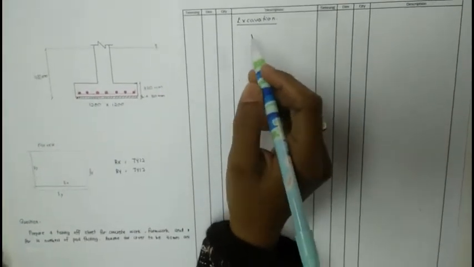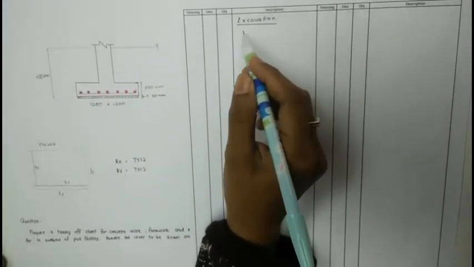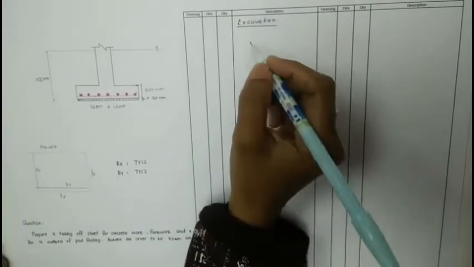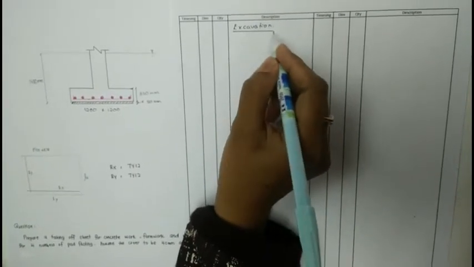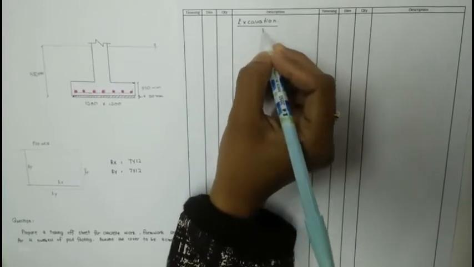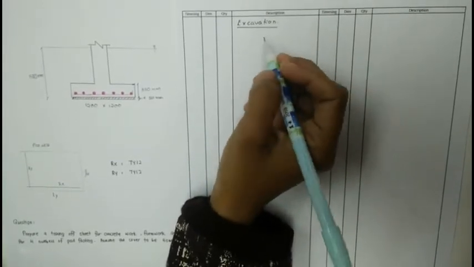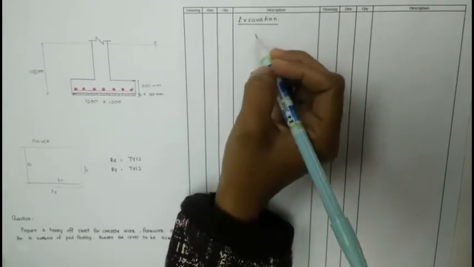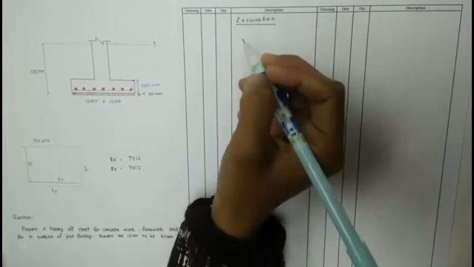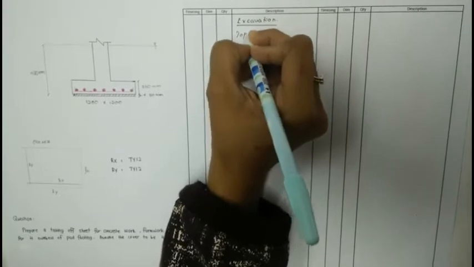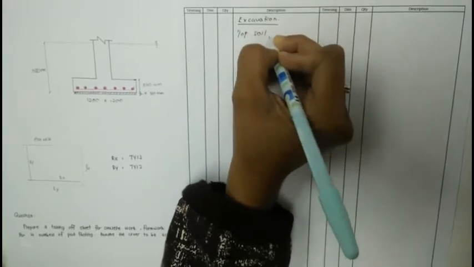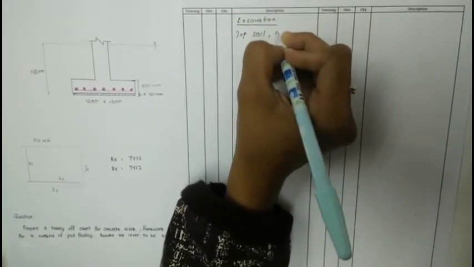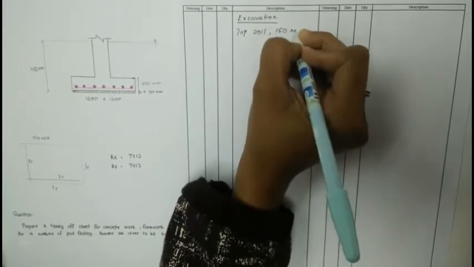Okay, our question is about the pad footing. The first step is we need to calculate for the excavation work. For excavation, we have 3 steps, which are for the topsoil, excavation of trench less than 1.5 meter, and then more than 1.5 meter. So the first thing we need to calculate is topsoil, which refers to CESMM, where the standard depth is 150